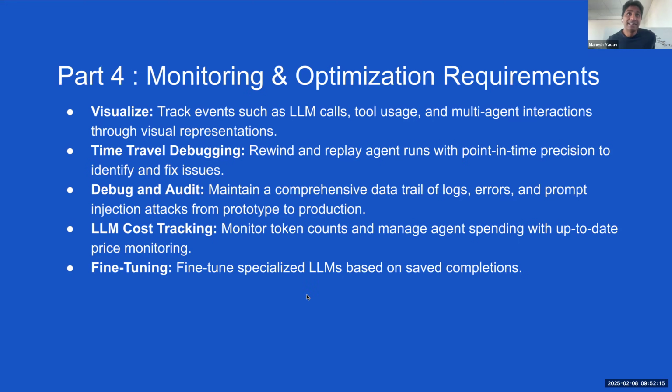Second, I should be able to rewind and replay what this agent did and how I got into this loop. If I'm getting into a loop of death, then I should be able to replay that. And that replay requires the third one, which is all the logging and audits for me to see. And also based on that, can I create a scenario of those agents?